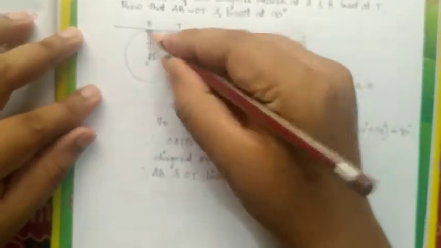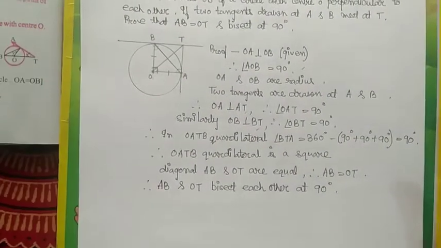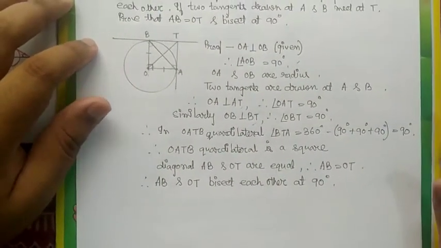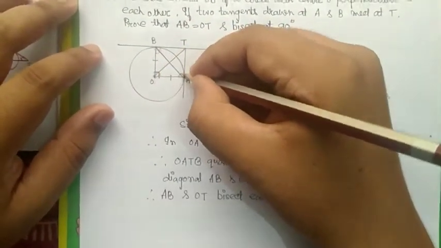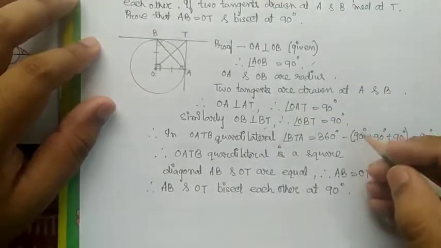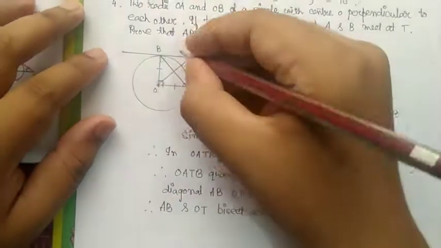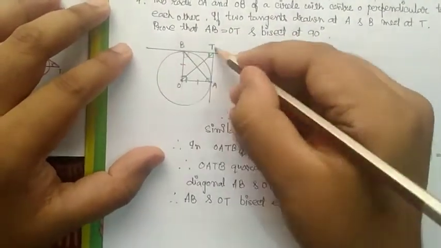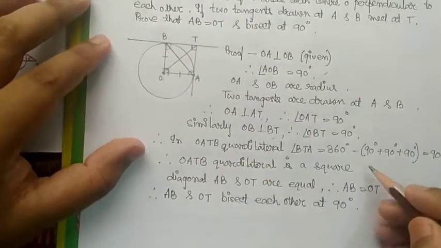We know this is a quadrilateral because there are four sides, this one, this one, this one and this one. So this is a quadrilateral, therefore the sum of the four angles is 360 degree. We know these three angles, this is 90, this is 90 and this is 90. So the remaining angle should be 360 degree minus 90 plus 90 plus 90. So the angle is 90 degree. So we find that this angle is also 90 degree. Therefore all the angles of this quadrilateral are 90 degree. So therefore this is a square.